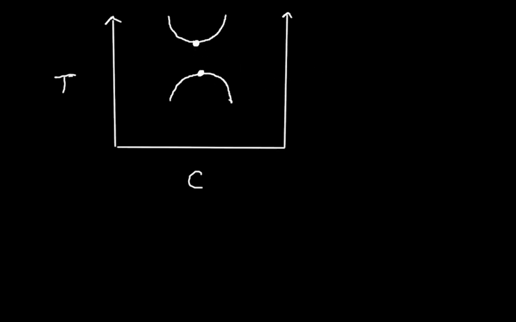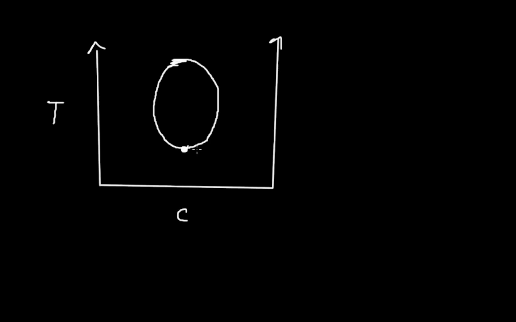Now this might also be modified to something similar like this. You have temperature, you have composition. So you have a lower consolute temperature here, and you have an upper consolute temperature. An example of this system is your nicotine-water system,